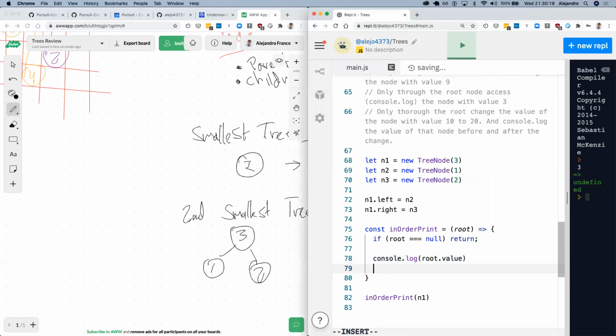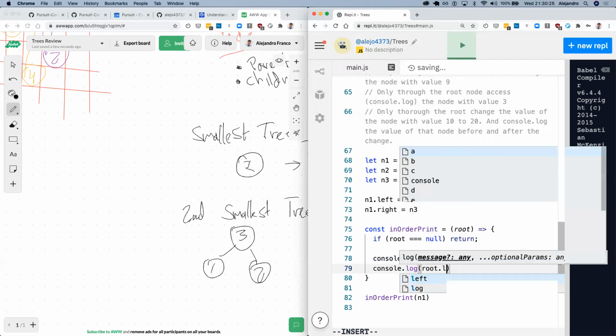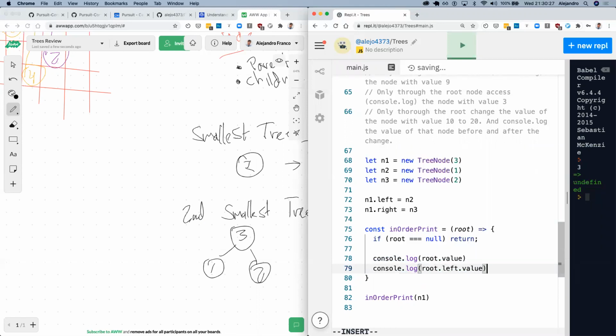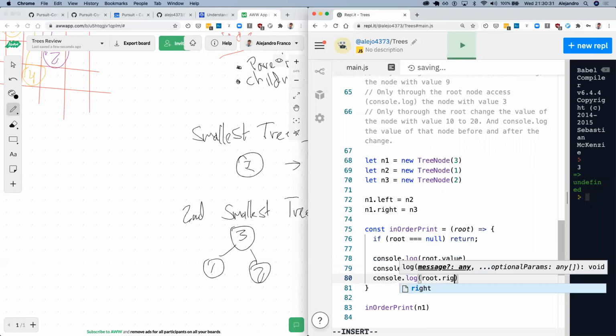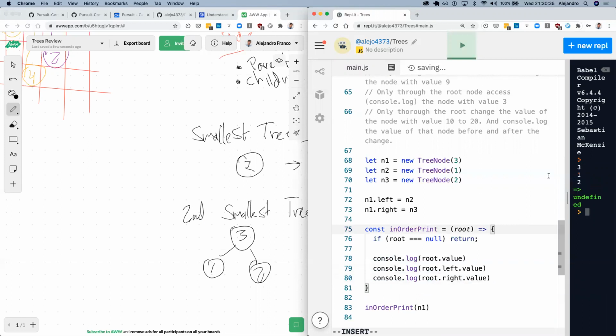So you could say, okay, we console log root.left.value, and then after that console log root.right.value, and we get 3, 1, 2. We get 3 first, 1, and then 2. Okay, and that works for the smallest tree.